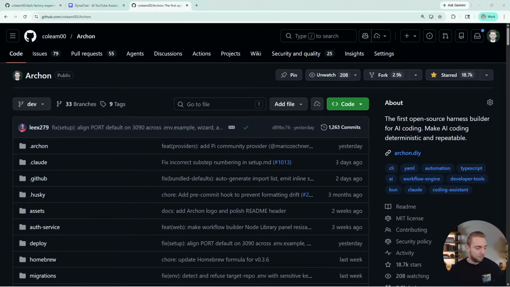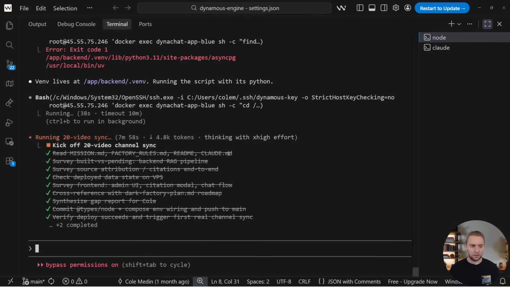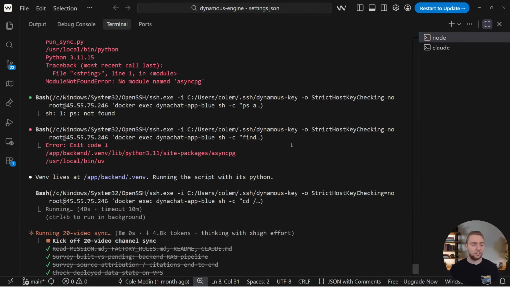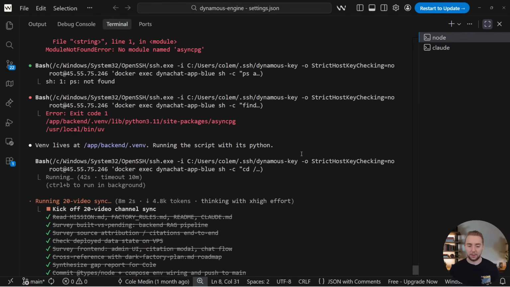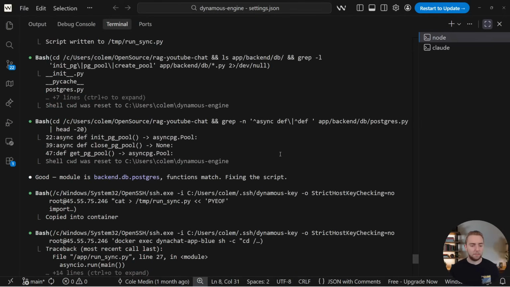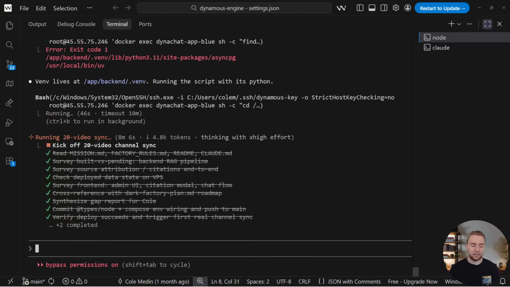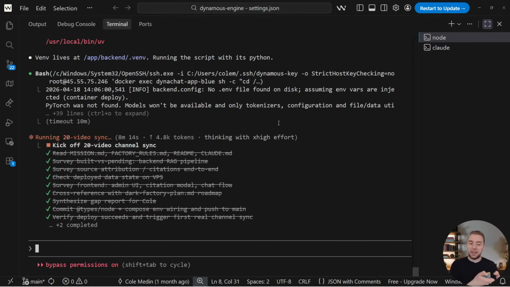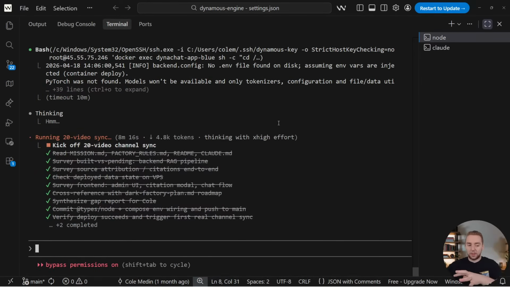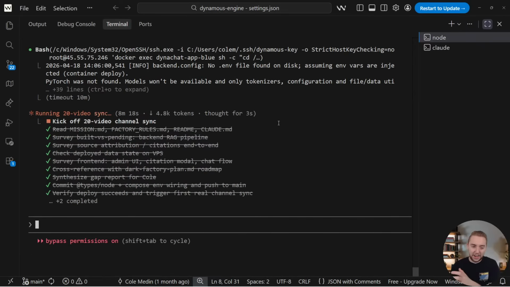So I'm going to pop open my repository, see where we're currently at. I have it doing some things actively right now, actually. There's a couple of bugs. I'm trying to get it so that the RAG pipeline will actually ingest my YouTube videos. There are some things that the factory can't actually manage because it has to deal with the underlying infrastructure that I don't want the factory to change itself.